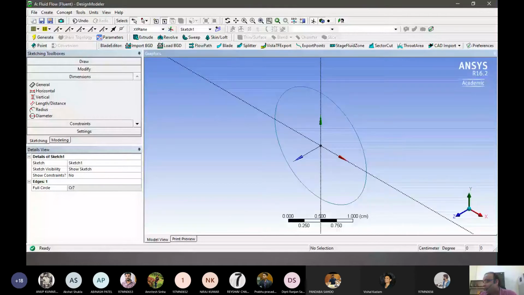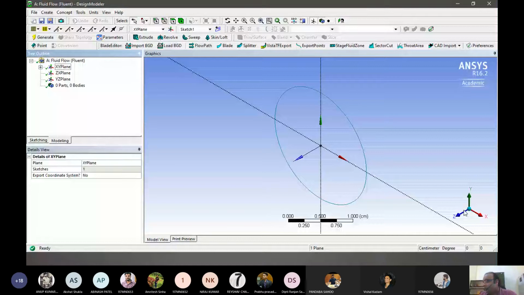We have to make a perpendicular on that in the XZ plane. In the XZ plane, the drawing should be either a perpendicular in the positive Z direction or in the negative Z direction. That's how we can sweep it. We have to look at it from the top, and this is the Z direction.